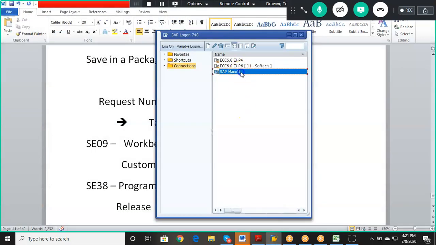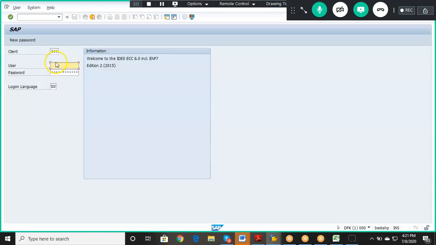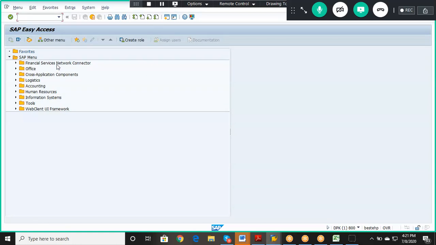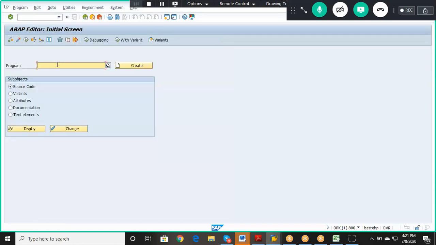So in most of the projects, it is not just simply done like that. There need to be some approvals. Once you complete a program, you have to send it for approval. Only when the approvals are done, they will give you the permission to move to the quality server and then the production server. So the bigger the company and the more security they need, the more levels of approvals there will be for moving it from development to quality to production.